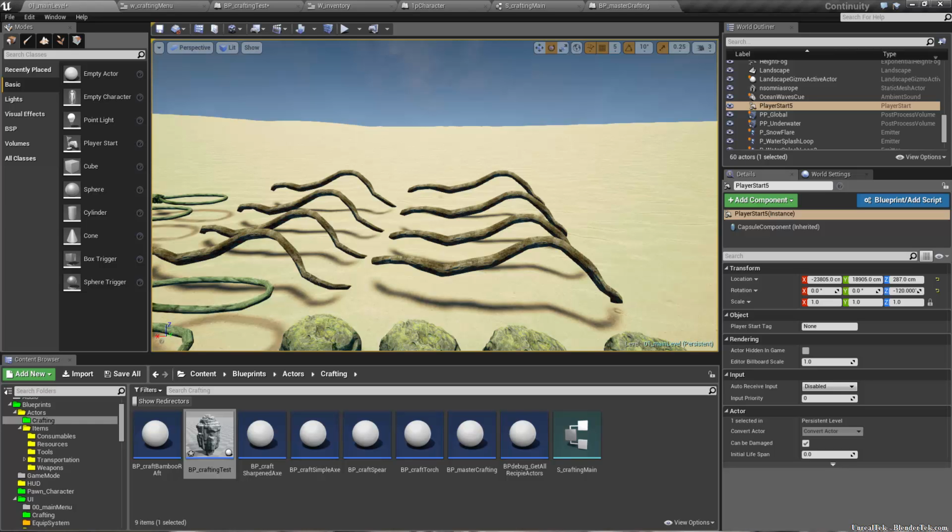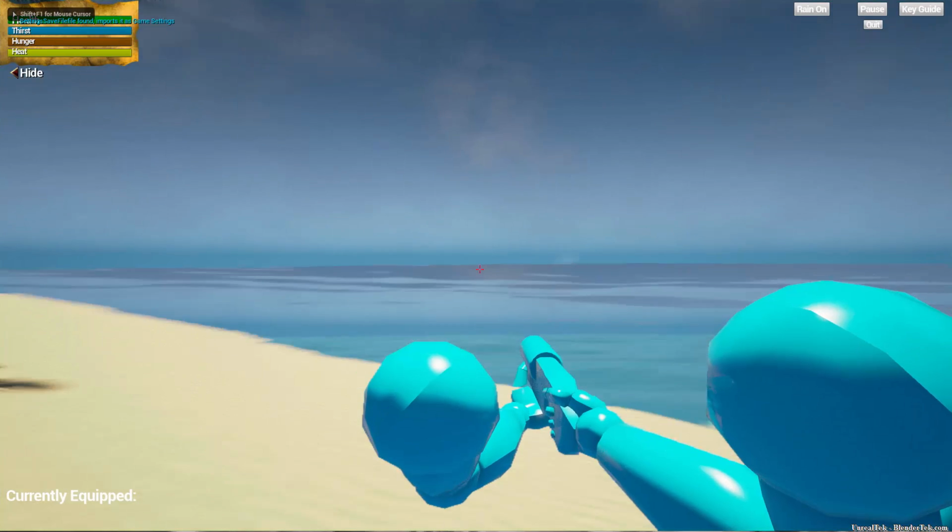Guys, so let's continue on with the crafting slash inventory setup. Just a little teaser here, just to show you guys that I'm not just replicating an inventory and trying to throw some sort of half-baked crafting system on top. So if I hit play in this project here, the one I originally showed,